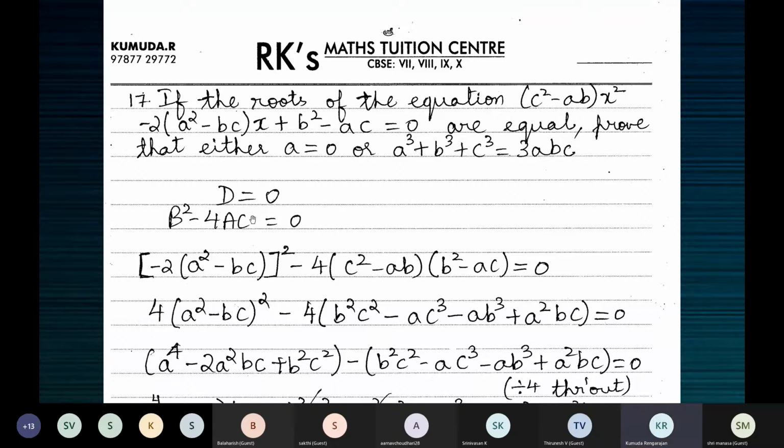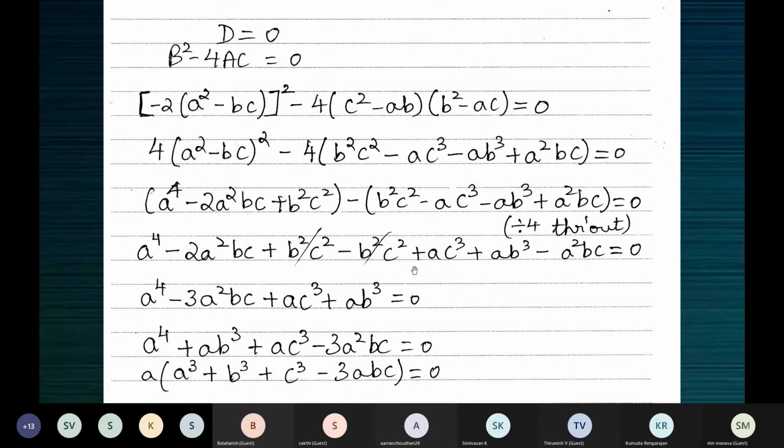So it's very convenient. We have a condition to work with. We know d is 0 because the roots are equal. D meaning b square minus 4ac is 0. So just substitute the expressions for a, b, and c. A is the coefficient of x square, this one. B is the coefficient of x, this one. And this is the constant c. Substitute. This is the substitution here.